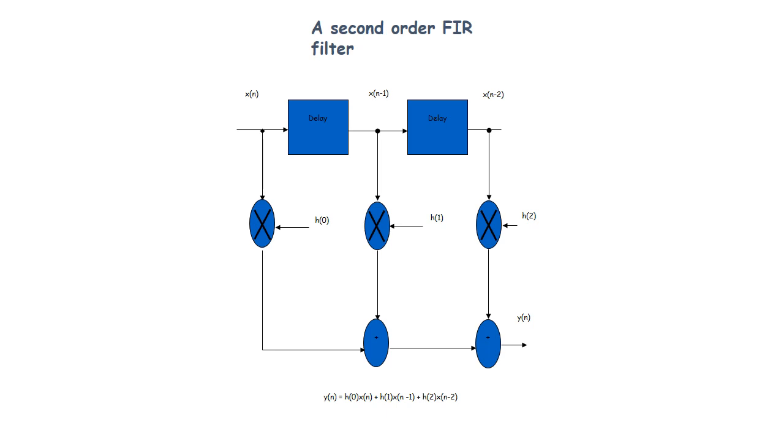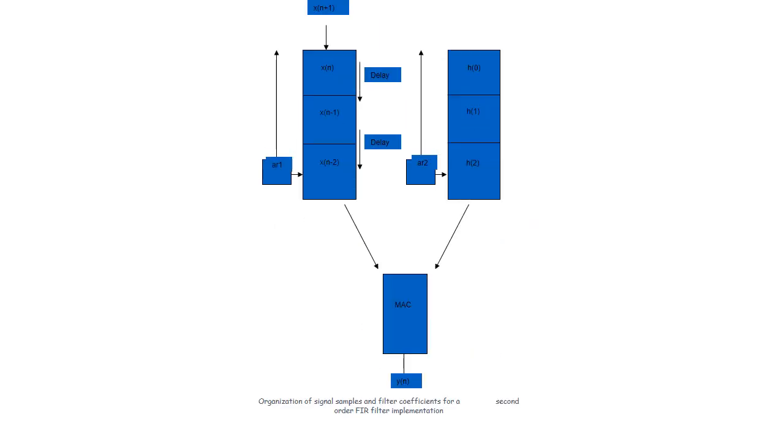So that is y of n is equal to h of 0 into x of n plus h of 1 into x of n minus 1 plus h of 2 into x of n minus 2. So this will be the second order FIR filter formation. So next thing will be the organization of the single samples and the filter coefficients for a second order FIR